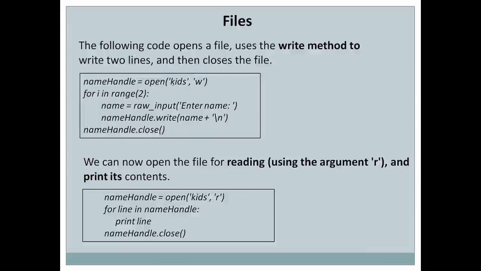If the file doesn't exist, it will create one and open it in write mode. Now once you have the file handle, or this variable pointing to a file with the name kids,